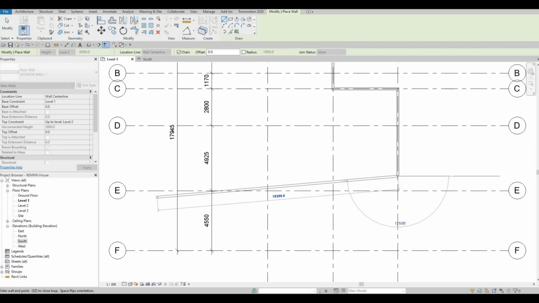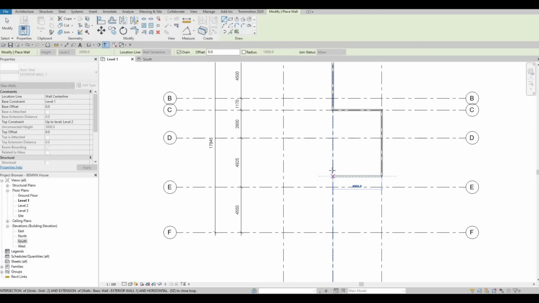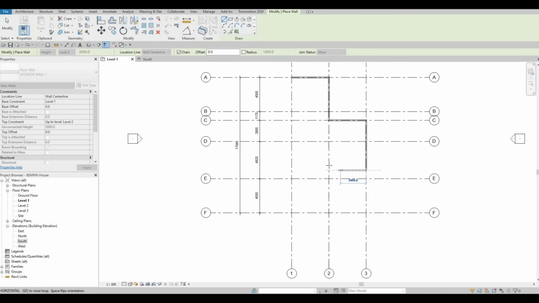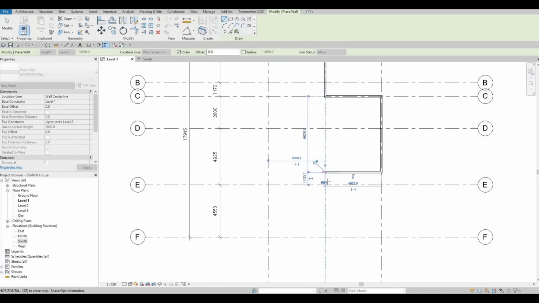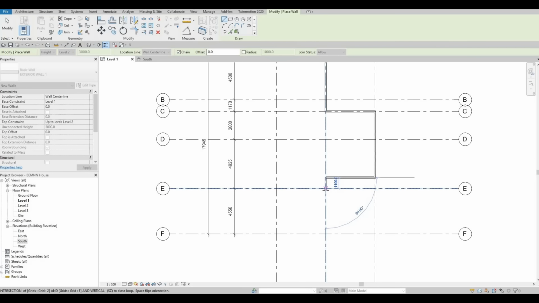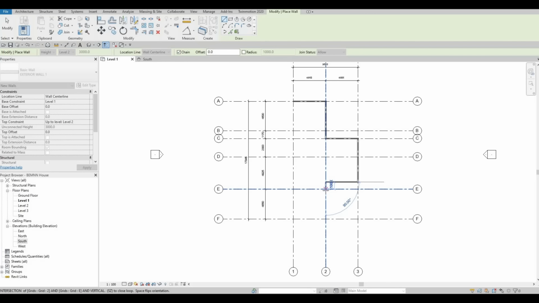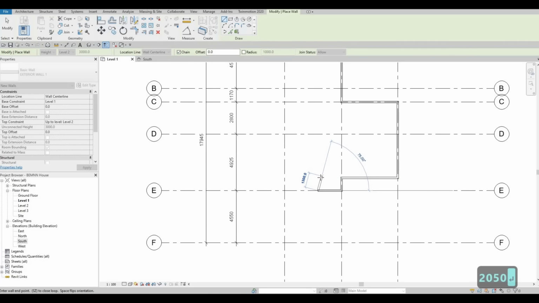So now I'm going to number 2 grid line, which is right here, and then we're gonna go down to E2, going around here. We're going to get around 2000, so 2050 will be good, and then go back again,